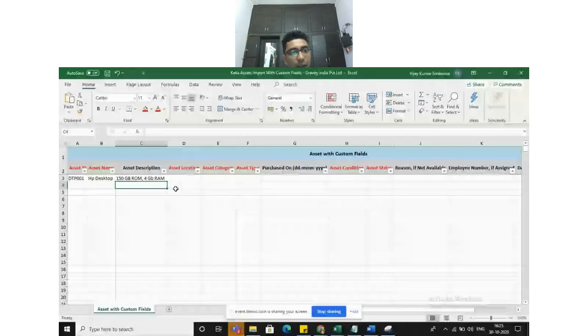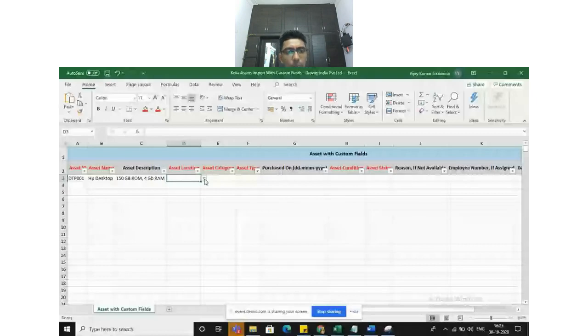It's just whatever the asset manager feels like adding, because it is for his reference, so that in the description he will understand. There may be hundreds and hundreds of assets, so using this asset description, he can add whatever minimum information he feels will help him understand. Not necessarily what I am adding will be applicable. It's up to the asset manager how he would like to describe an asset. You can go by the color or like that as well.